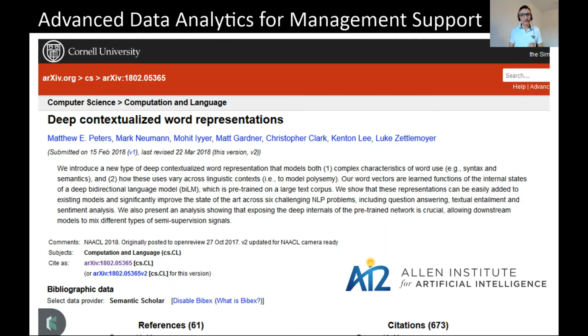ELMo is noteworthy, I believe, because it was one of the first approaches that tried to make image-model-like transfer learning possible for NLP, and it did so in quite a clever way,